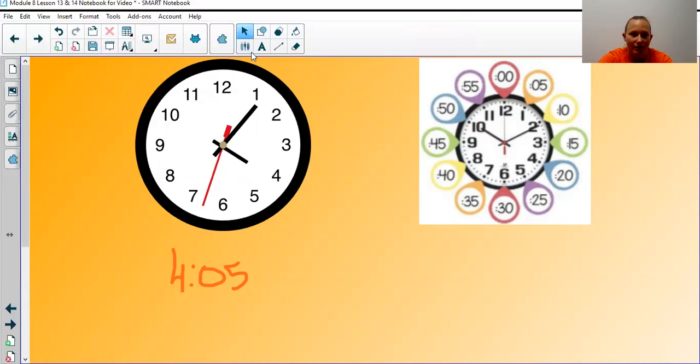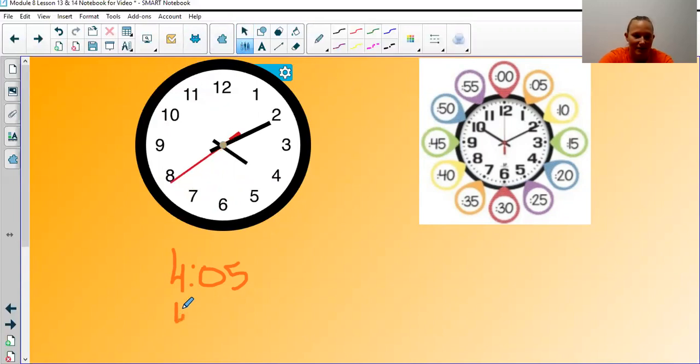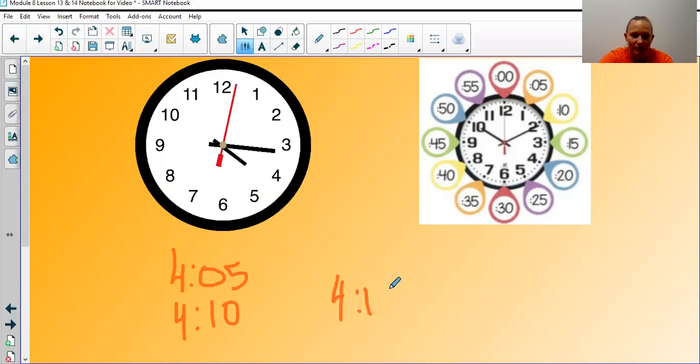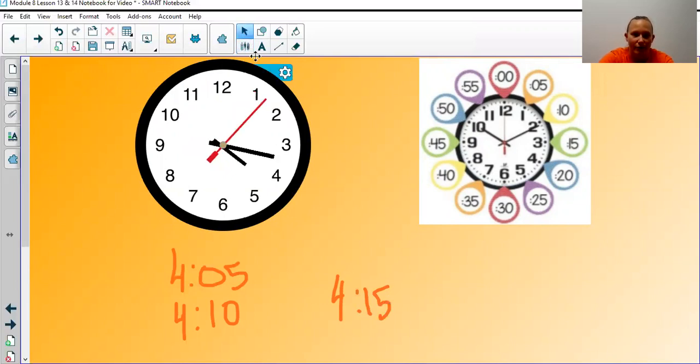So if I keep going and I move it to the 2, I would say 4:10, and again, you could write that like this: it is 10 minutes past 4, or 4:10. And then if I move it to the 3, which we talked about on the last slide, I would be a quarter of the way past the hour, 1/4 of the way past, so we call that quarter past 4, or you could write it like this: 4:15. So if we were to keep going around, I would have 4:20,